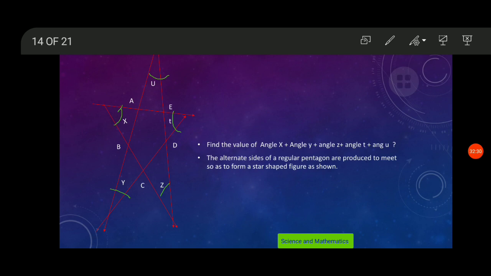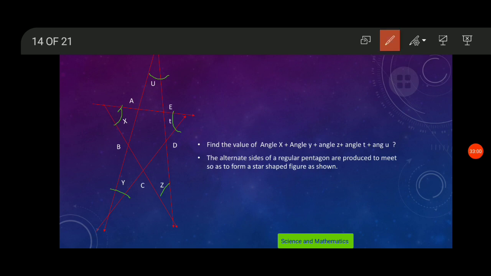Think, everyone, I am giving you some hints. Think of the pentagon. We have learnt it already in the polygons chapter. We all know that pentagon, right? So in this pentagon, it is a regular pentagon. So what will be the measurement of each interior angle? Think of that. What will be the measurement of each interior angle of this pentagon?